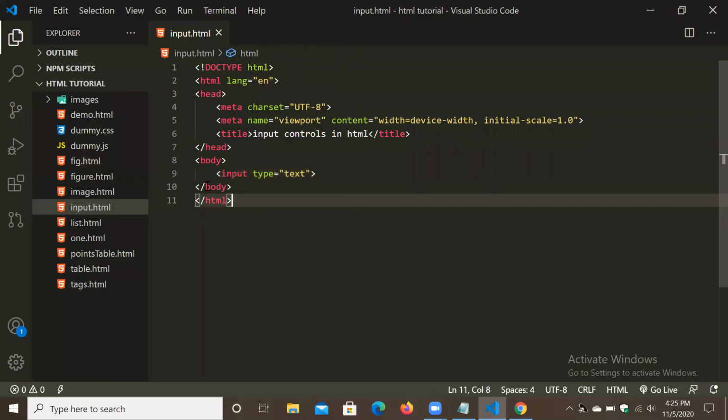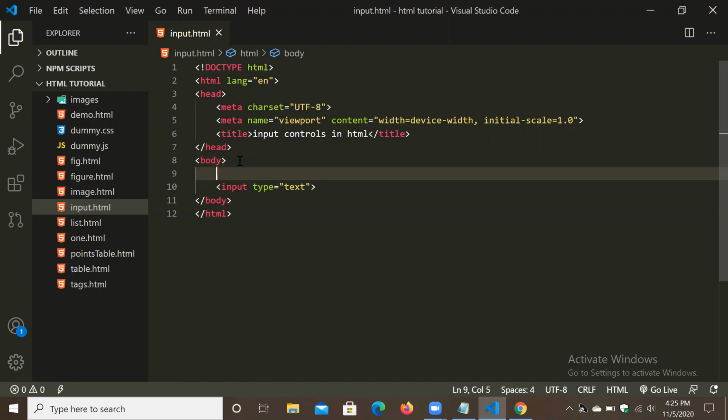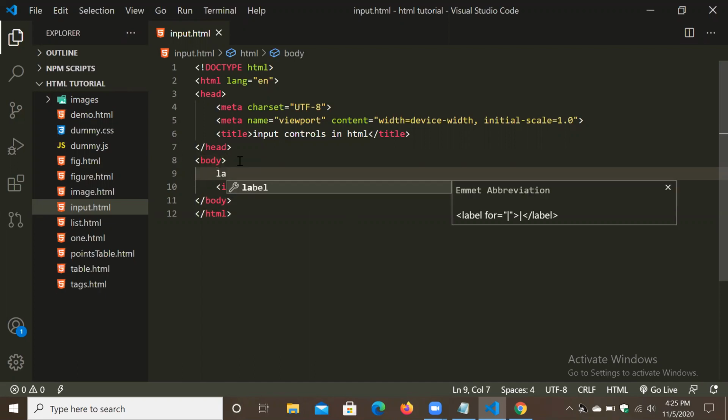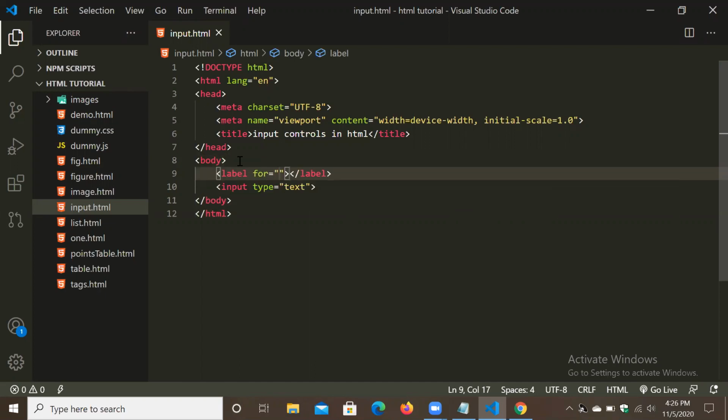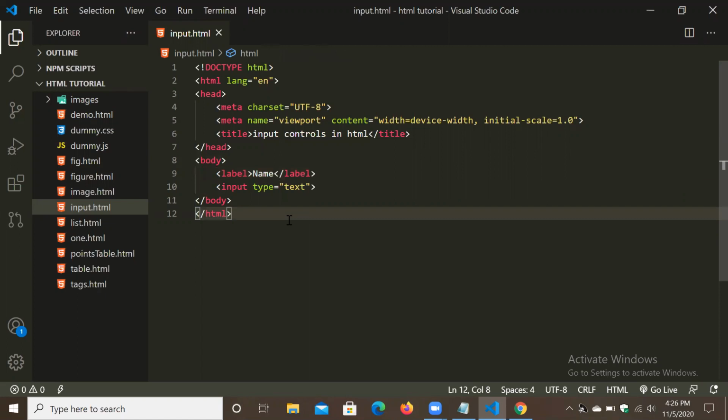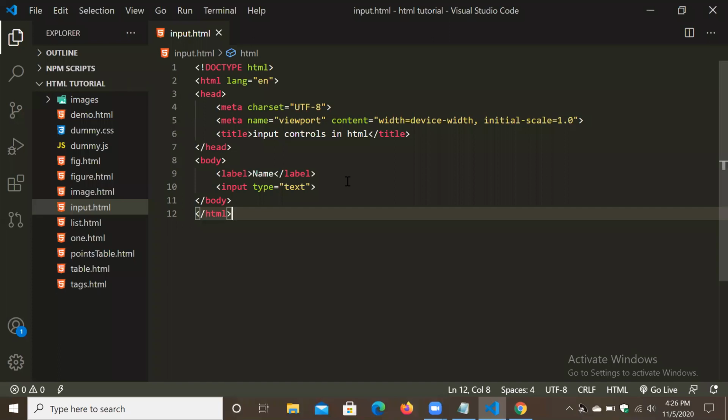So how we are going to use this? For example, we can add a label here. Okay. So we'll give here name. Control S. Now refresh. Look, name label. Okay. So like that we can use input type text.